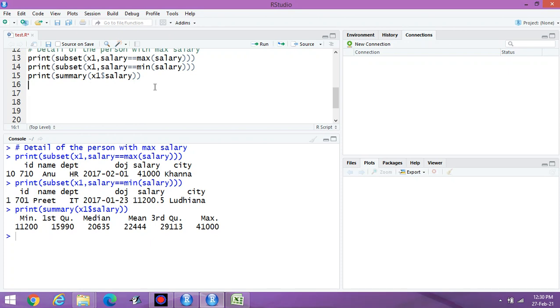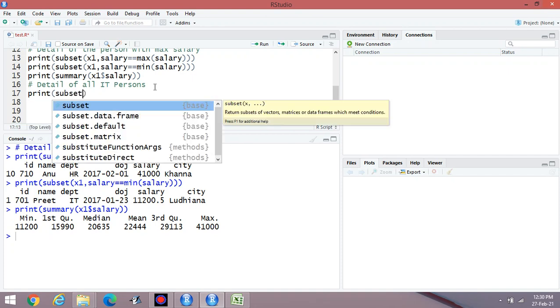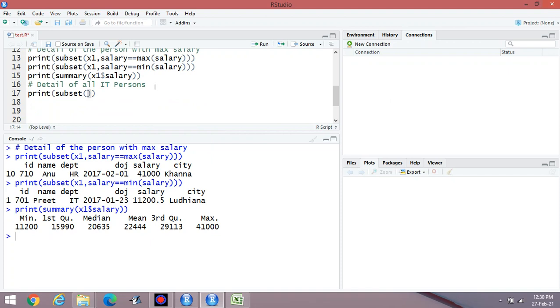Okay, suppose I have to display the detail of all the IT persons. Then what to do? For that, print, I have to write subset again. Subset is required. What I am doing, I am generating a subset, nothing else.